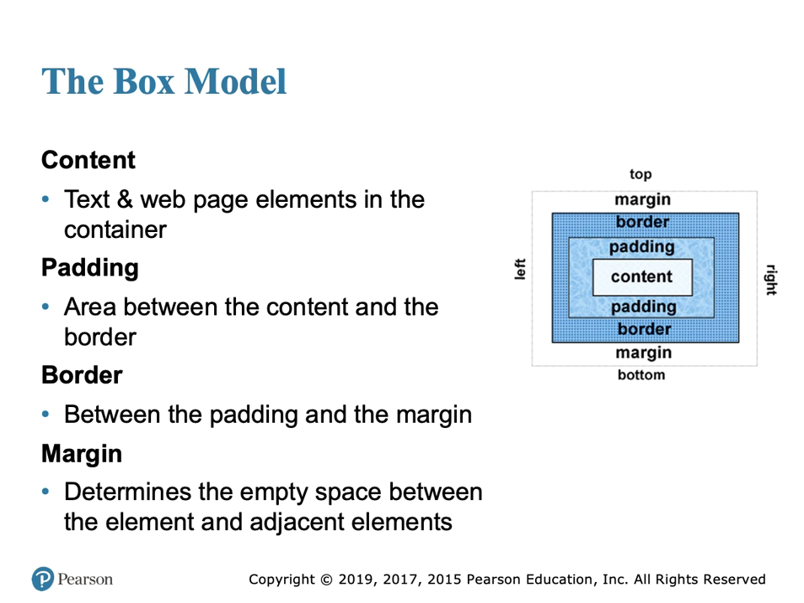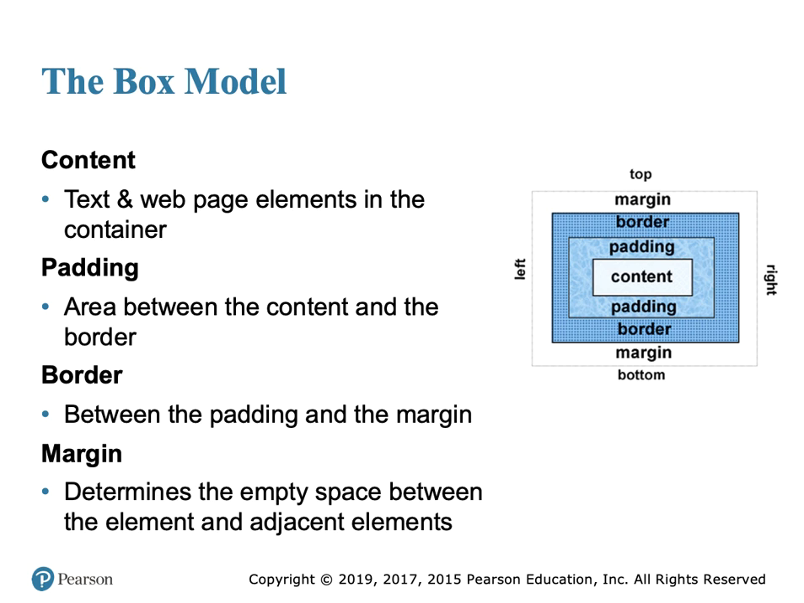In HTML and CSS, each element in a document is considered to be a rectangular box. This box consists of a content area surrounded by padding, border, and margin. We refer to this as the box model. In this example, the content is the text or the page element in the container. Padding is the area between the content and the border. So if you want to add some room between the edge of your container and the content, you would add